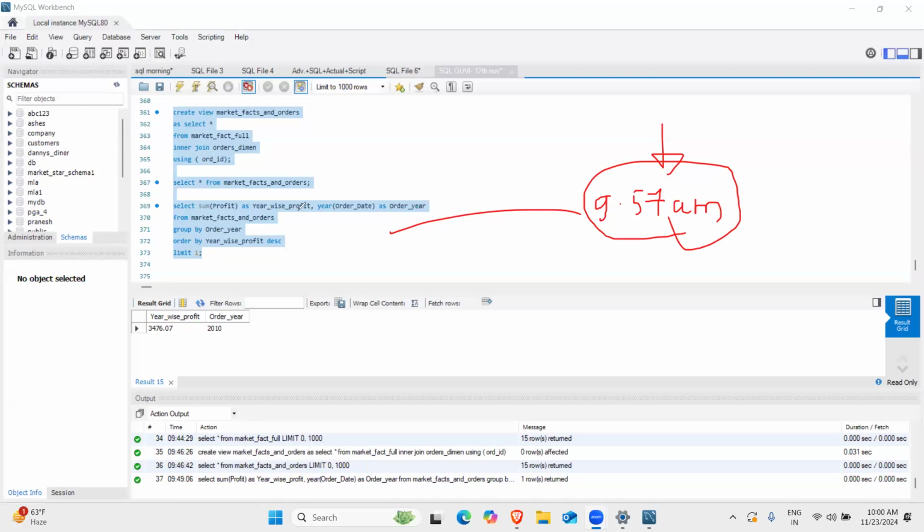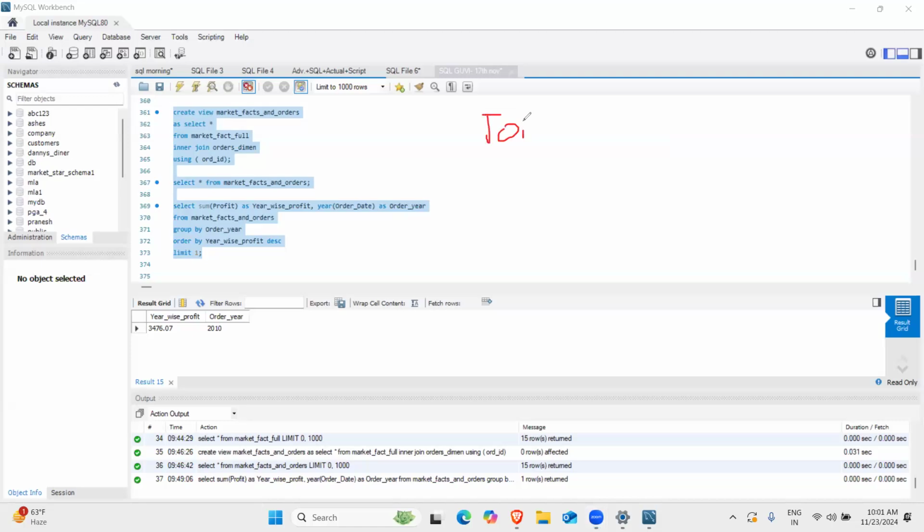Okay. So that is what we have for view. Now let us have a discussion on join, right? How do we do a join operation? So there are basically two or three major types of join. One is inner, then outer,